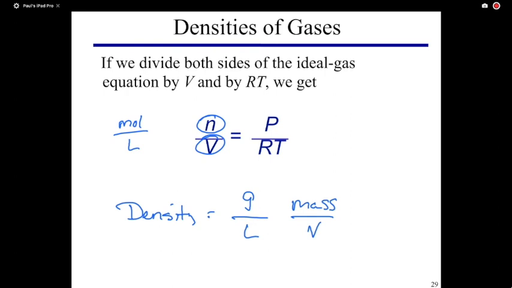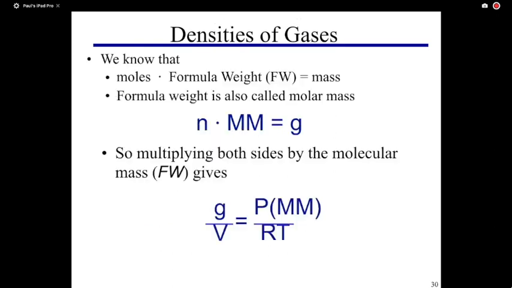Now, manipulating the equation this way gives me moles over liter. It almost looks like density, but it isn't. But what can you do to moles? What can you convert moles into? Grams using what conversion factor? Molar mass. And so if n times the molar mass gives you grams, then I can multiply both sides